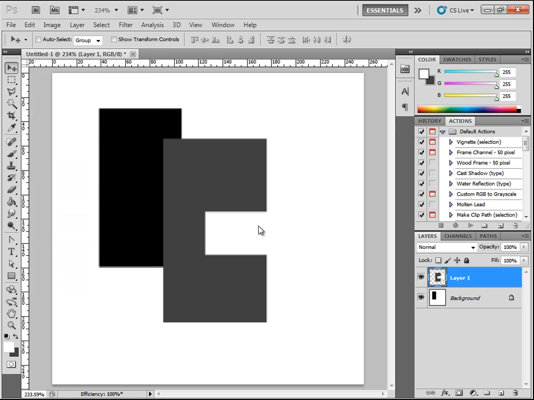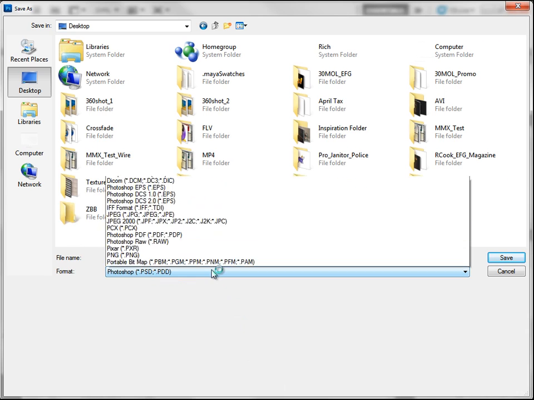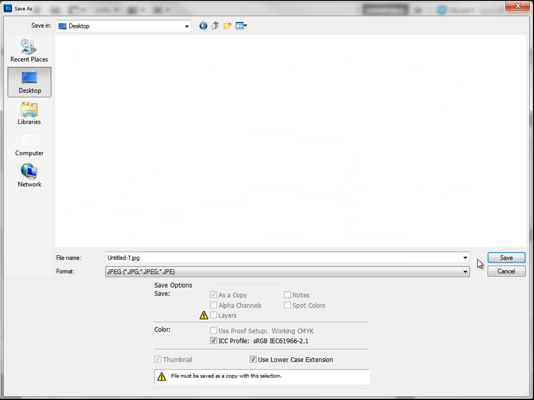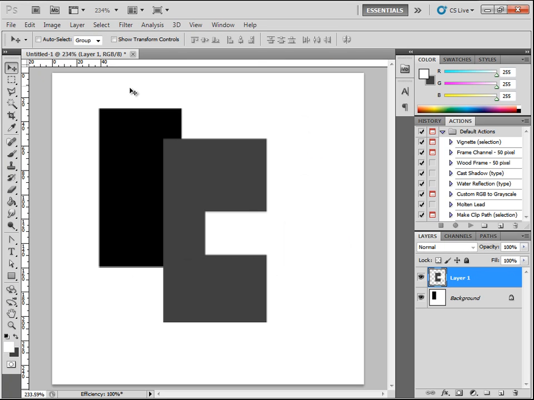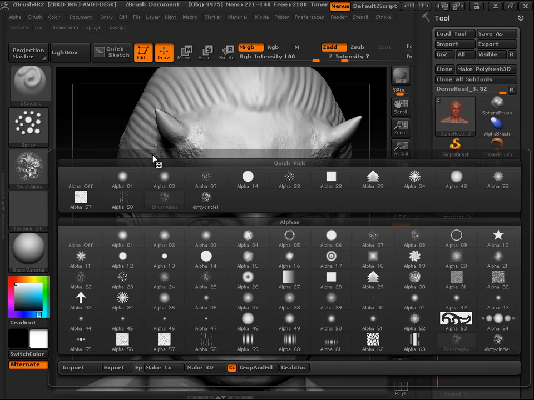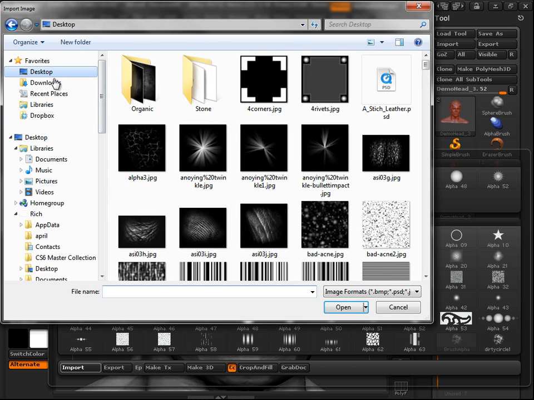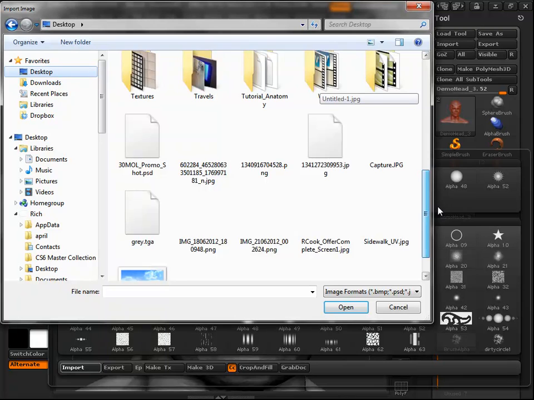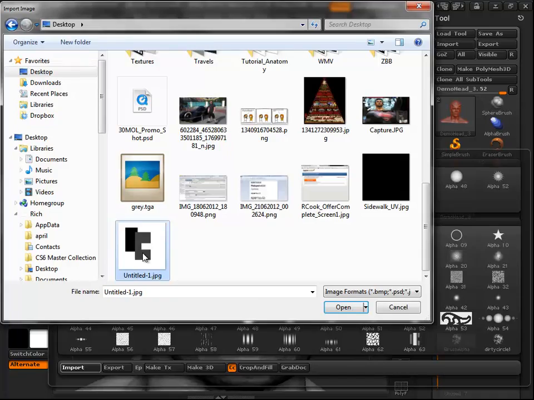Save it out and save it as a JPEG, because that's the most simple format. Just save that as Untitled. I'm not going to have to worry about file names too much. Go back into ZBrush and go into your alpha menu. Go down to Import. And we're going to scroll up here to our desktop, and we're going to look for our Untitled alpha, which is right here. So open it up,